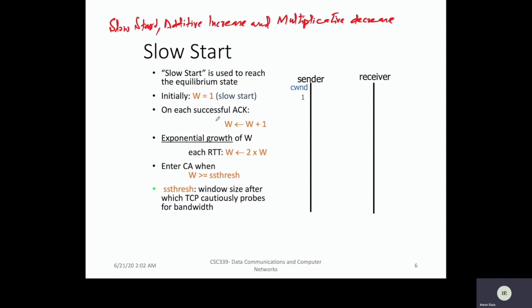We can understand this with this condition: while congestion window is less than or equal to slow start threshold. Here the TCP congestion control mechanism maintains a couple of variables. One is the congestion window, and the second is SS thresh, which is the slow start threshold. While the congestion window size is less than or equal to the slow start threshold,